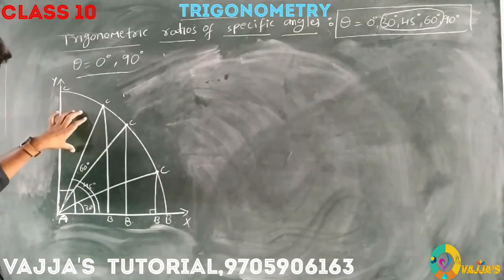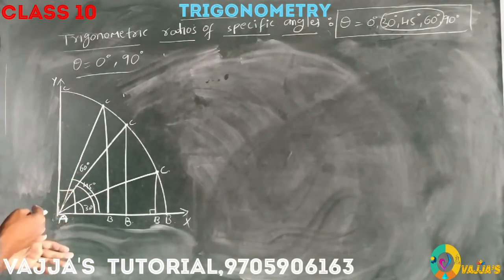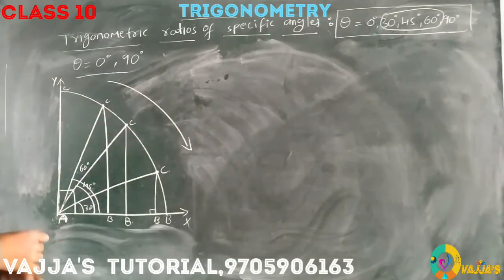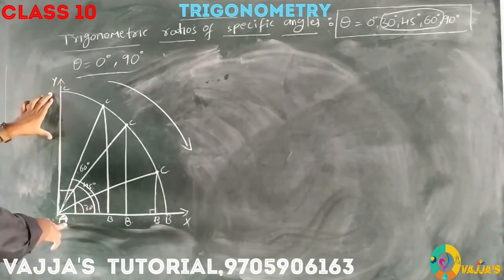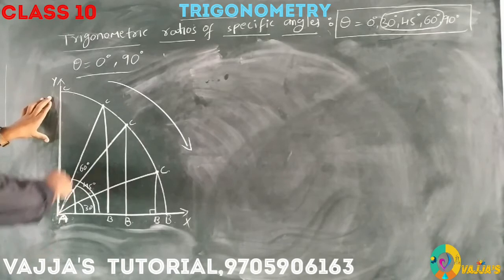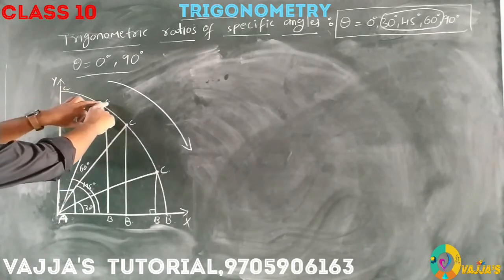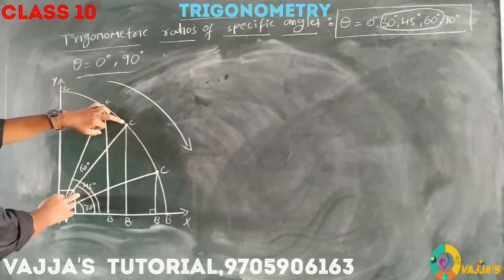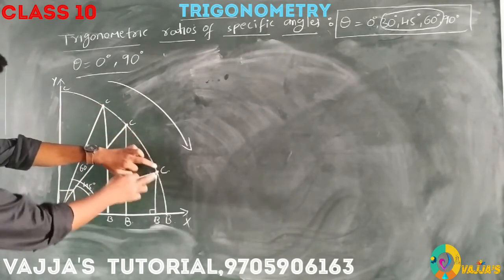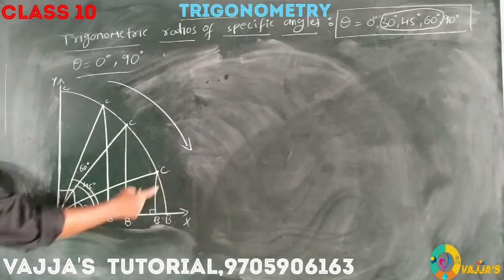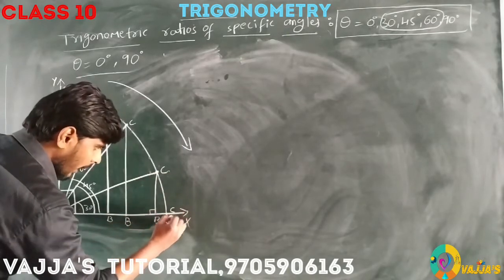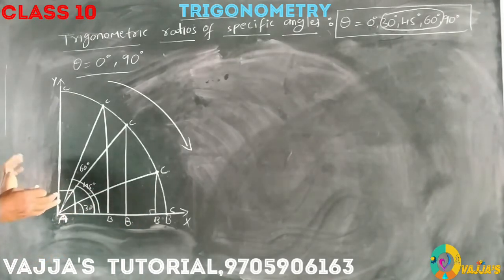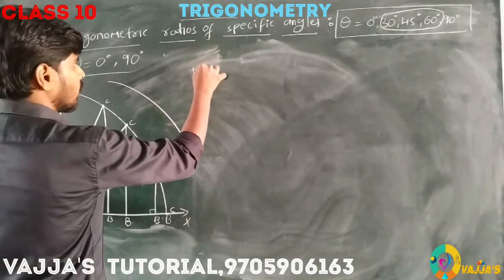Look carefully. Same diagram I am using here, but the concept is a little bit changed. Now we are going in the clockwise direction. Now the AY ray is there. If I rotate like this, C comes to here, it became a 60 degrees angle. Again I am rotating, it becomes 45 degrees, then 30 degrees, and finally 0 degrees. It means here our points C and B coincide. What is the concept here? Note it.